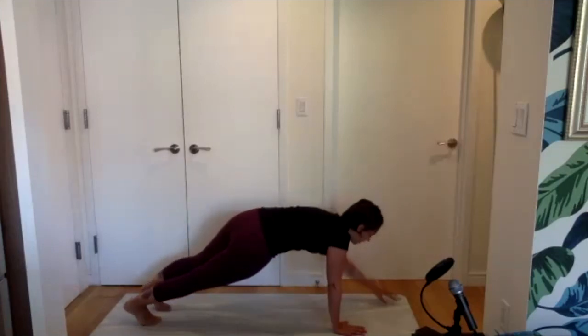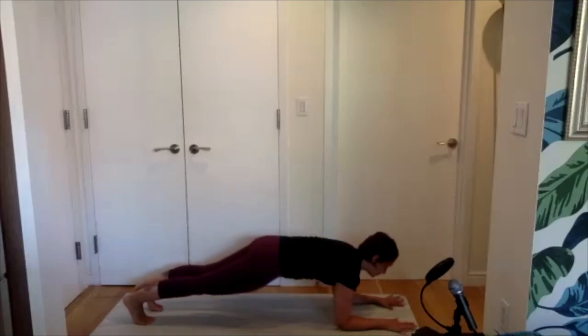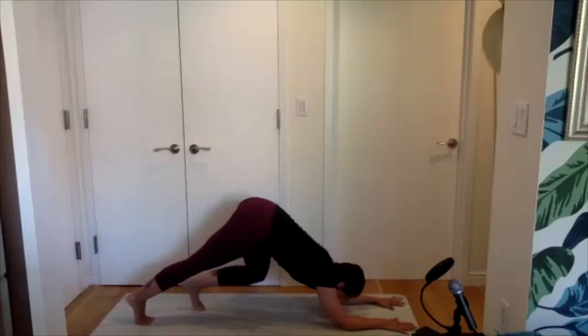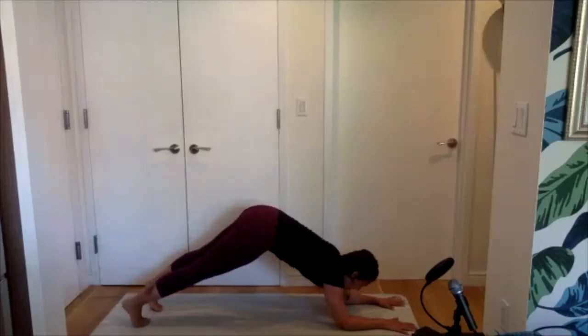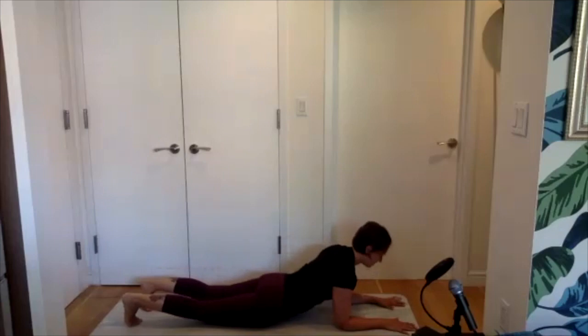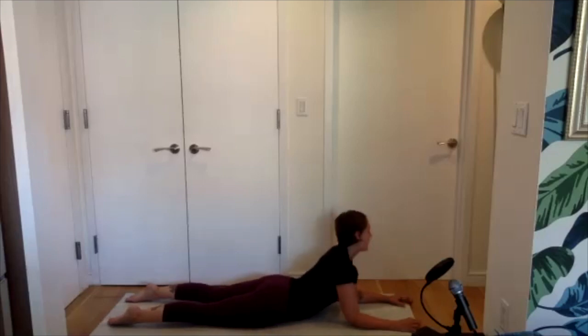Drop the left forearm down, the right forearm down. And if forearm plank is your jam today, if you want to lift the hips up for dolphin and forearm stand, feel free. Otherwise, we're all going to come to the belly for a sphinx. Maybe elbows start to creep forward a little bit more so that you can hang out in the bones versus